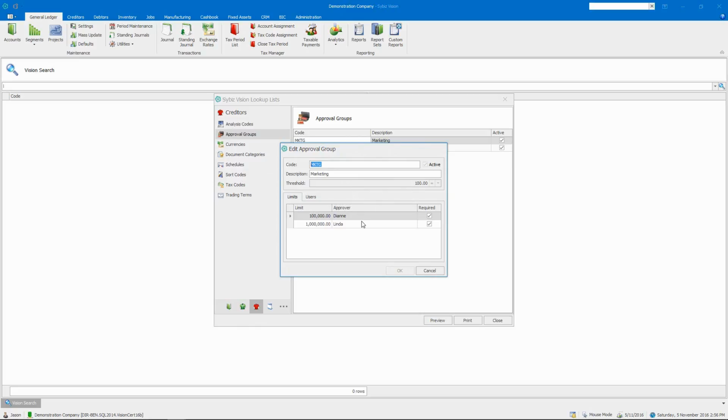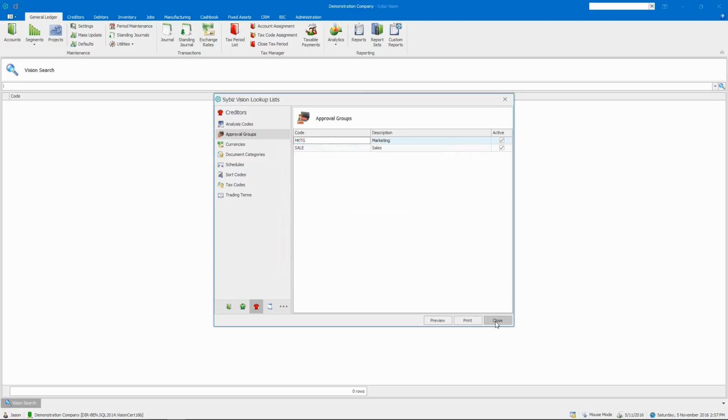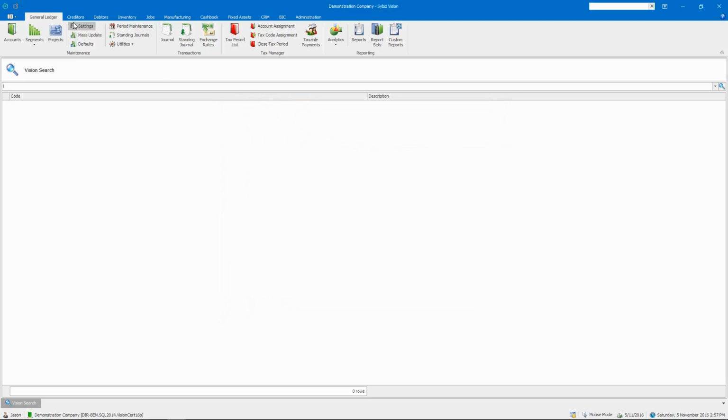I have two approvers in this approval group and they're both required. And Diane is able to approve things up to $100,000, and Linda also needs to approve things greater than $100,000 and less than $1 million. There are two users who process purchase requisitions through for this group, Terry and Jason, and we're currently logged in as Jason. So we'll just go in and process a purchase requisition,